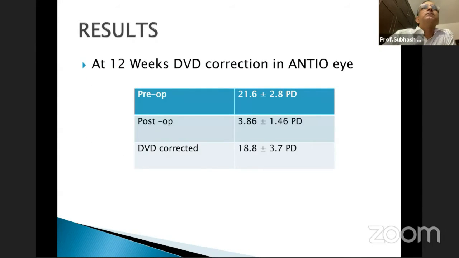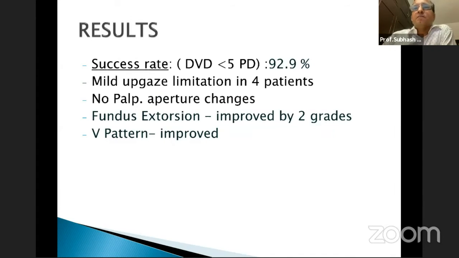This is showing that we got a correction of about 18.8 prism diopters of the DVD in the ANTIO group, and residual was about 3.8. Success was about 9. There was mild upgaze limitation in 4 patients. There was no palpebral aperture change. Fundus extortion